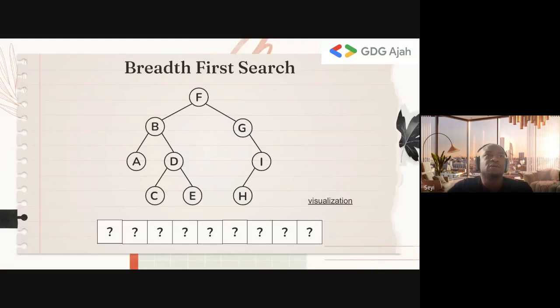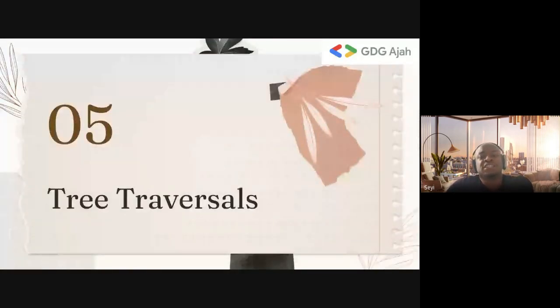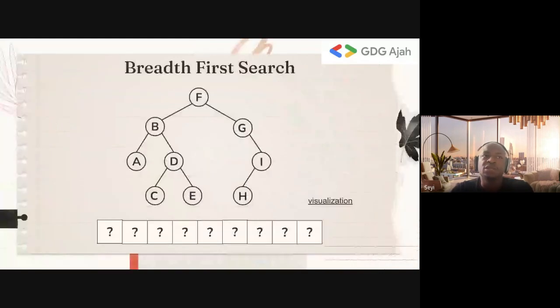So tree traversals are essentially how we enumerate all the items in a tree. There are different ways you could go about it. The two main ways are either breadth first search or depth first search, and those are the two I'll focus on, that you should really know well. In terms of interviews, I know depth first search and breadth first search are the